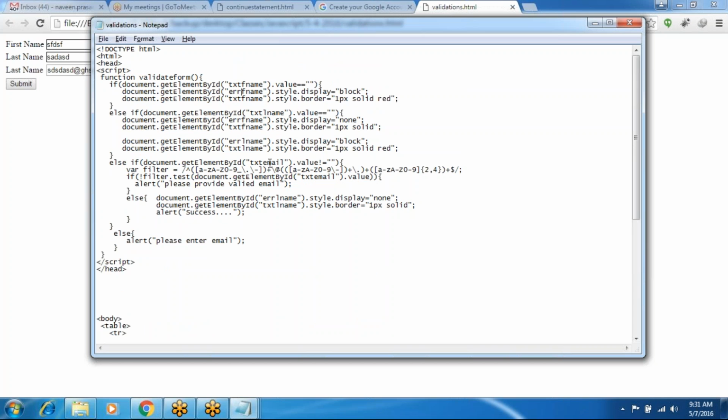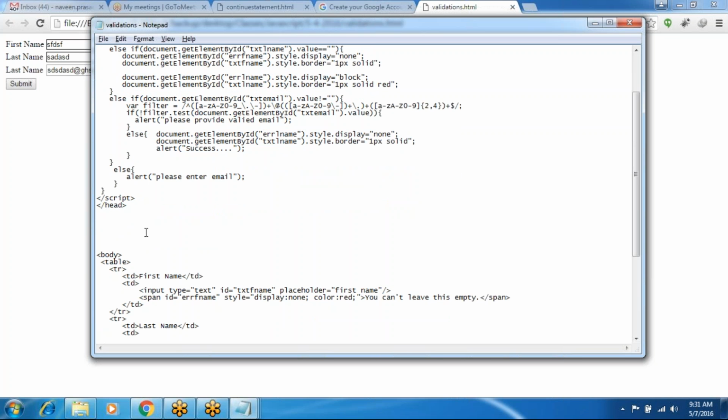And one more task is the password text box must and should accept only US phone number format. US phone number format is like 3 digits, hyphen, 3 digits, hyphen and then 4 digits. So the US phone number format should be like this. The password text box should accept like this only.